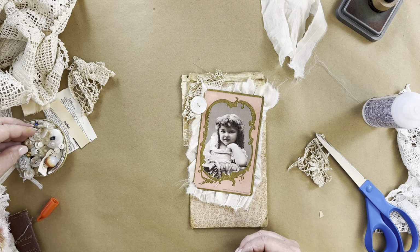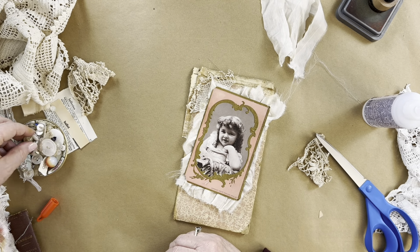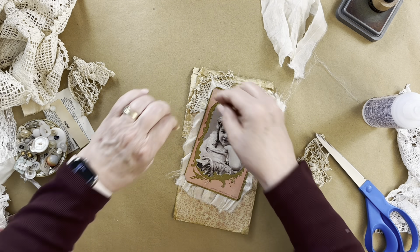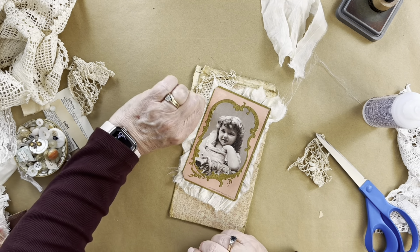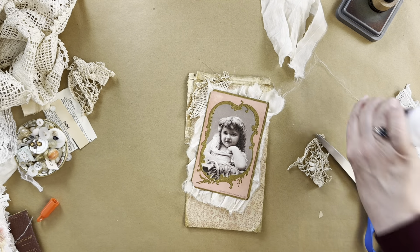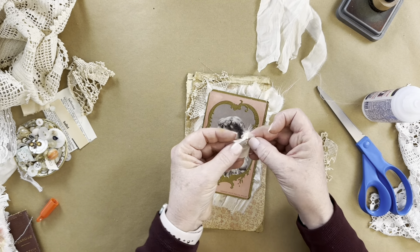You know, a little button just gives it a little finished look. We add something a little bit bigger. Huh, can't find what, oh, here's one. All right. Okay, I think we'll put that there. But let's just put a little bit of this underneath it. Just make it a little...